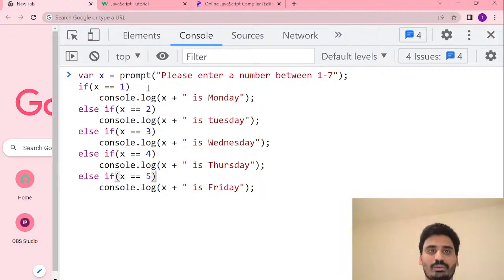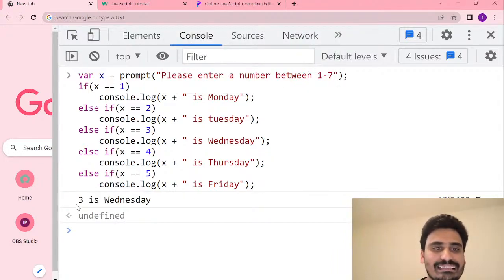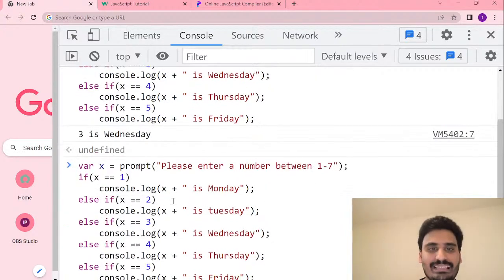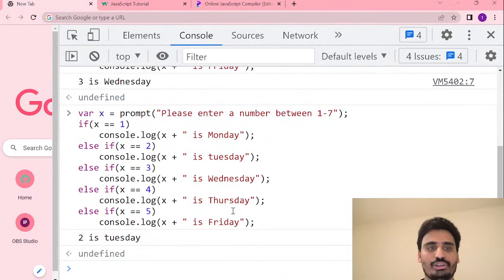So whenever I'll prompt it after entering Saturday, Sunday also you can just write it. While practicing, you people write. So I'll just press enter. I'll just press 3. So you're getting this 3 is Wednesday, right? Next, I'll again enter this. So I again enter 2. So 2 should be Tuesday. That's what I'm getting as output,